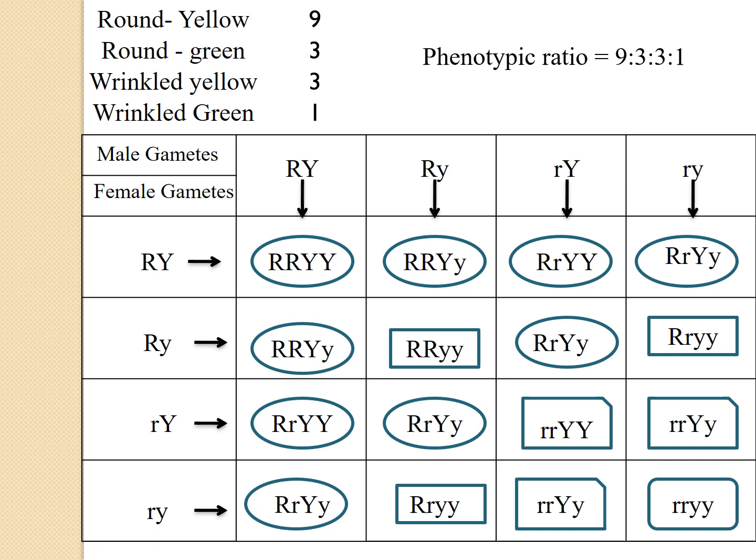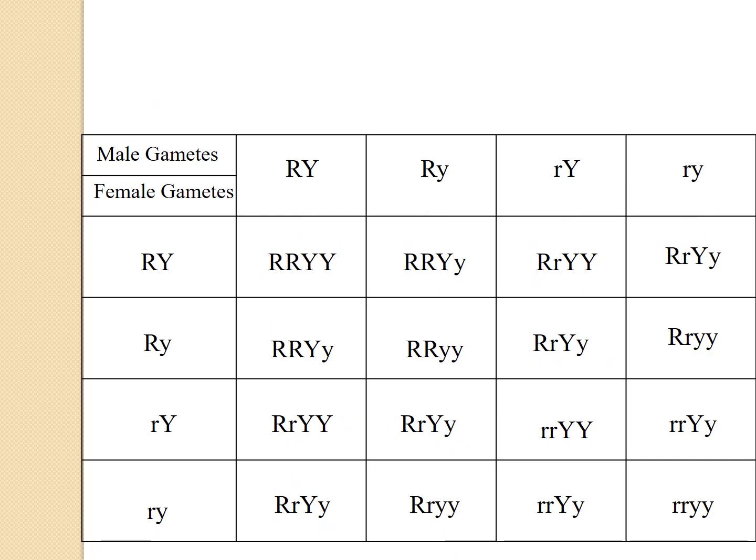Alright, now let's go forward to find out genotypic ratio. Now this is going to be a little tiring because you have to pay attention to those letters which you have. Okay, so let's look at the first. As I was explaining the genotypic ratio, I gave an example of tall, capital T, capital T, capital T, small t, small t, small t. So when I was explaining that, that time it seemed to be very simple, but here it's going to be a little difficult. So you have to pay complete attention on what I'm going to be telling.